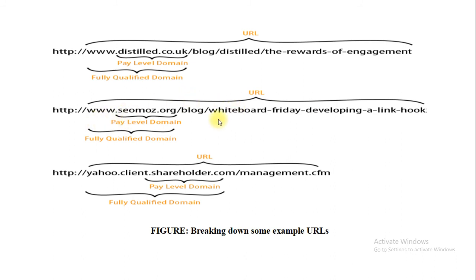In this particular website, this is called subdomain, and inside the subdomain we have created one page, right? This is the example of pay level domain, and this is called fully qualified domain. And when you apply the whole link in the search engine, that becomes the URL. In this particular example we have taken subfolder also, because inside the blog folder we have created a second subfolder, which is placed inside the blog.